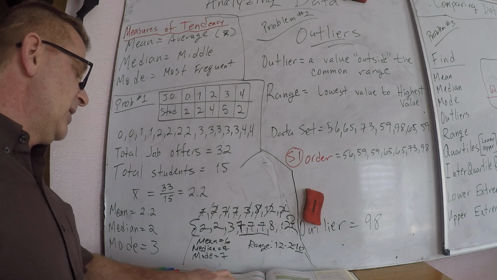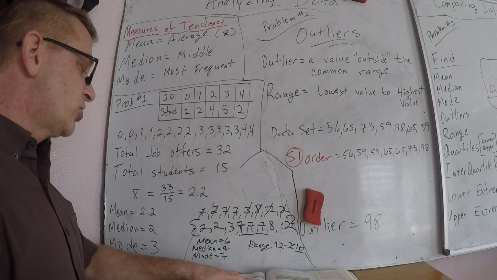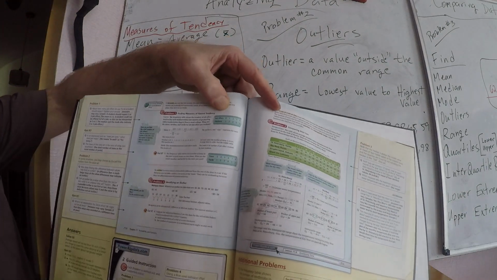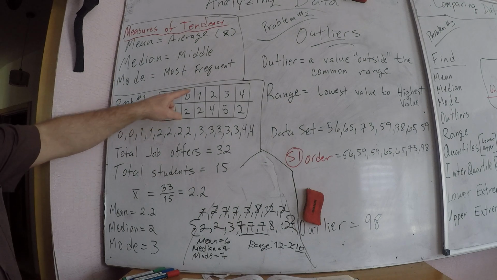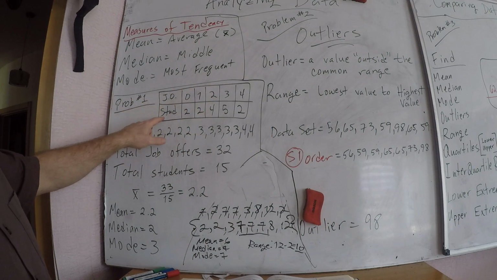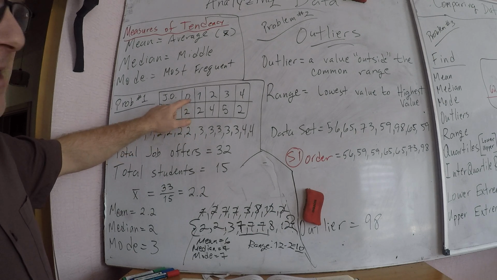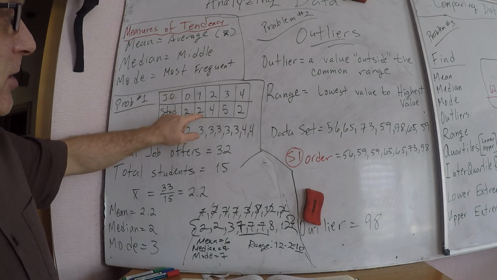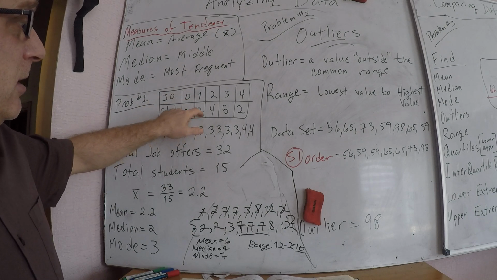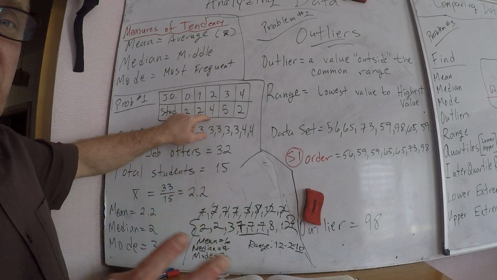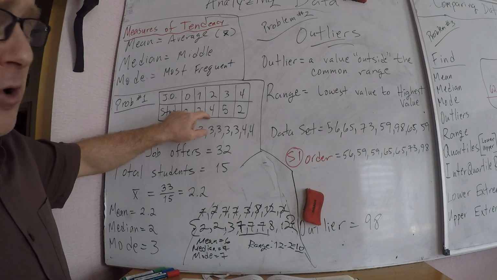What are the mean, median, and mode for the job offers per student? I'm on the top of page 712, and they have this box right here, right? Here's the box right here. Job offers and students. 2 students did not have any job offers. 2 other students each had 1 job offer. 4 students, okay? 4 other students